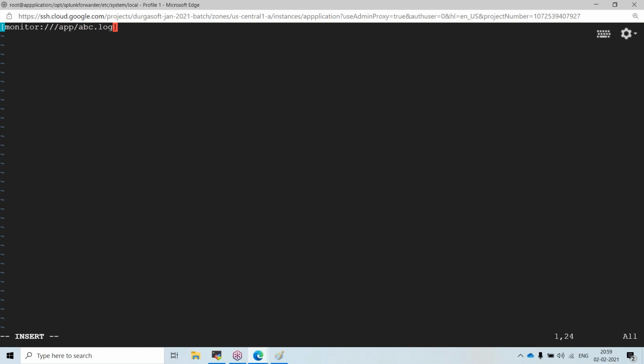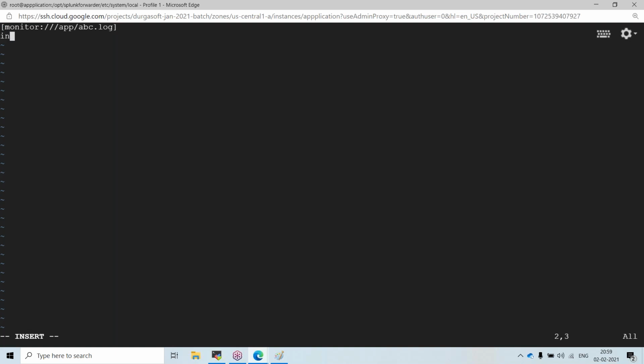Okay, if it is a Windows machine, how do I have to mention it? Here I have to mention C colon slash, and the path will be there, right? This I have to mention. If it is Linux, slash app slash abc.log. Okay, this is the file.